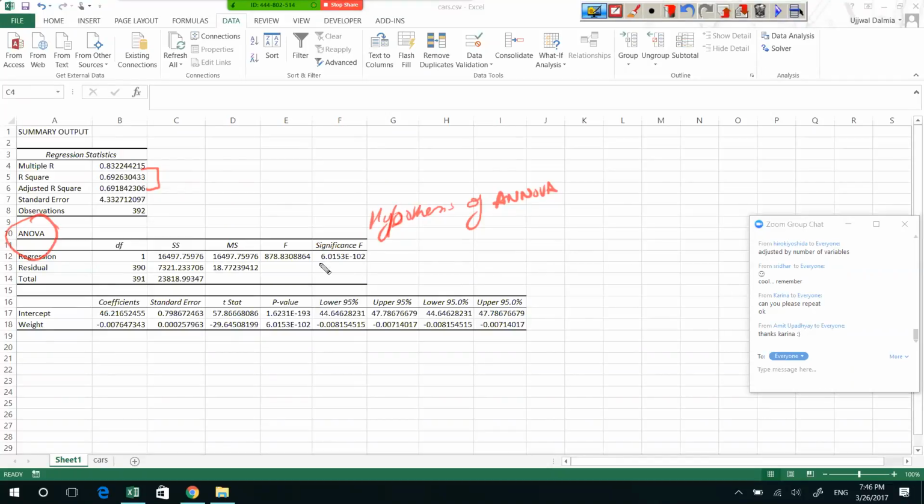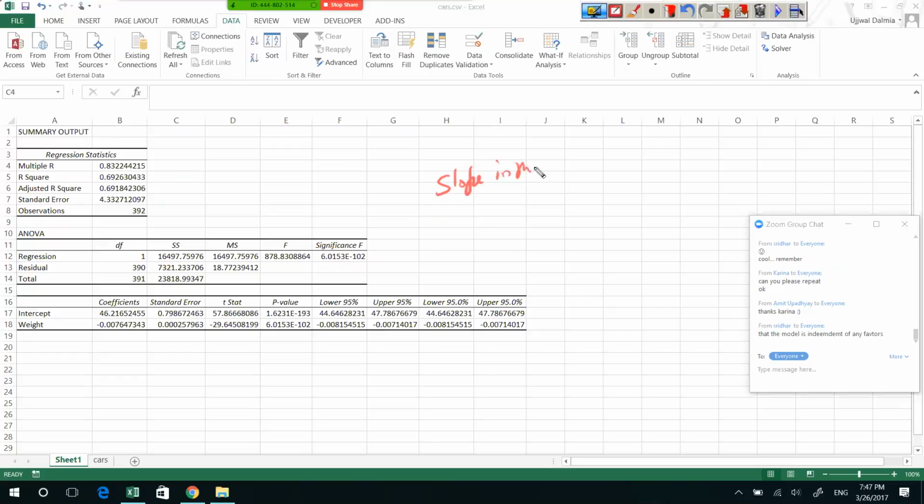What was the hypothesis which we tested from this ANOVA table? Somebody? That the model is independent of any factors. Absolutely, Sridhar. Or in other words, I can say that the slope in the model is equal to